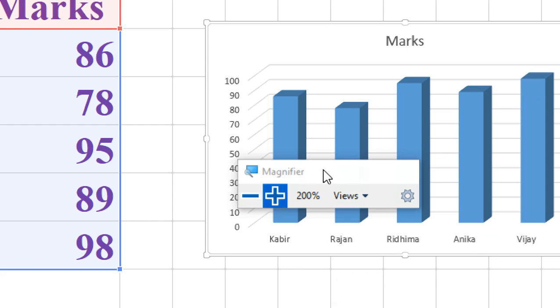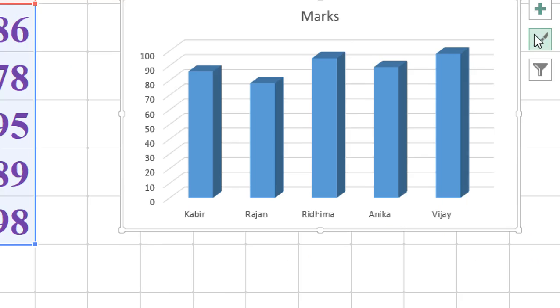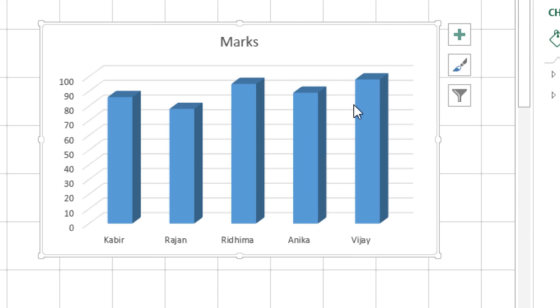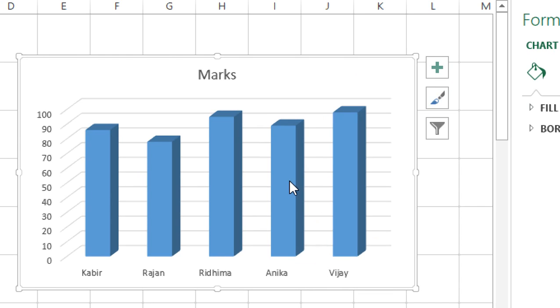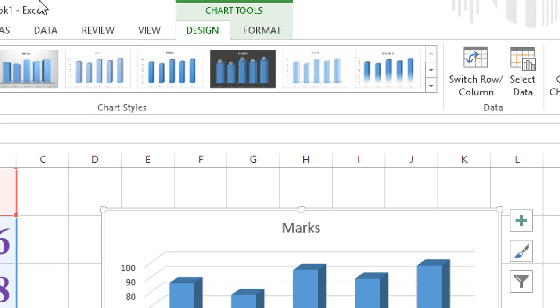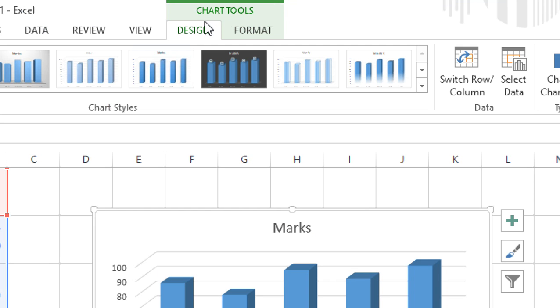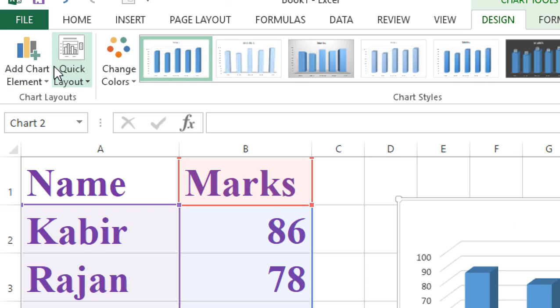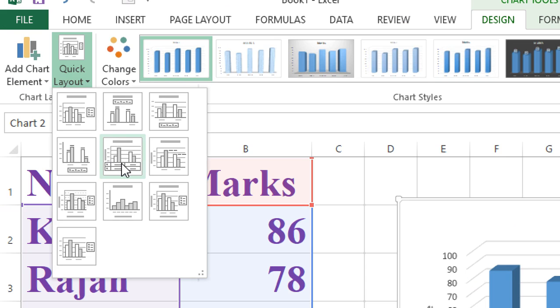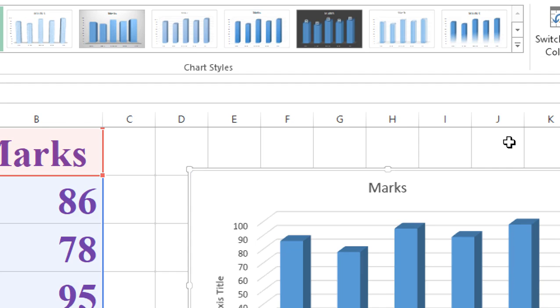Understood? Now what we have to do here: chart, all the chart components are available, but some few elements are not available. So go there, you get two tabs. If it is selected, then you get 2 new tabs, which are called chart tools. So go to the design tab. In the design tab there is the option quick layout. In quick layout you can choose the layout option.